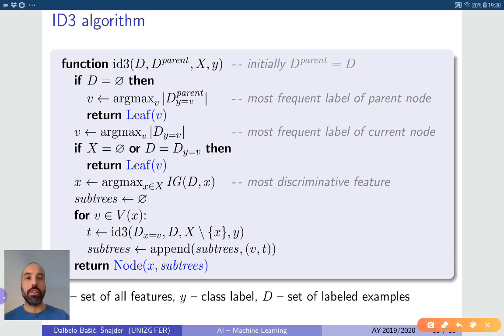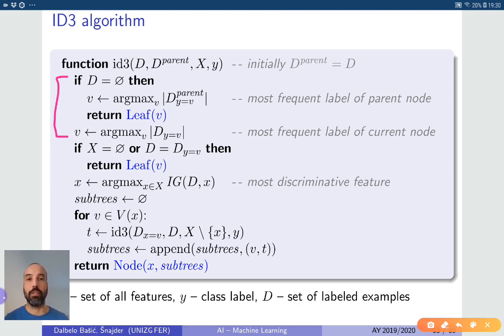Okay, now the first check here pertains to the case where the data set is empty. There are no training examples anymore. Now, of course, this is not going to happen up front, because if it does, then the algorithm is not going to work, and it's not the point. The point, of course, is that this might happen later on when we recursively partition the data set. So it can happen that I partition the data set and one of the branches actually covers no examples. There are no instances for a particular feature value combination. Now, what I have to do then is I'll back off to the